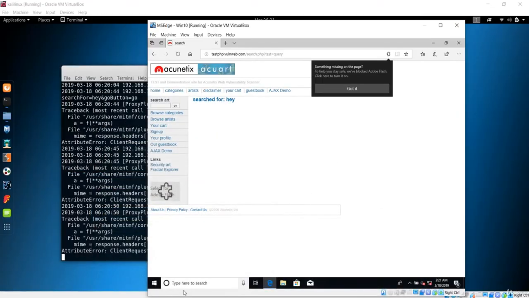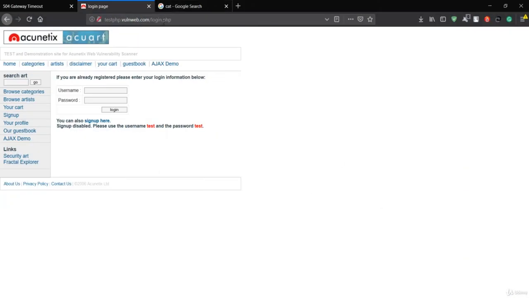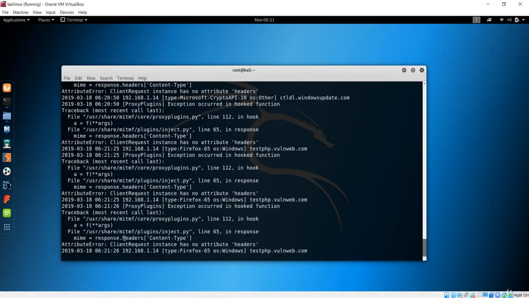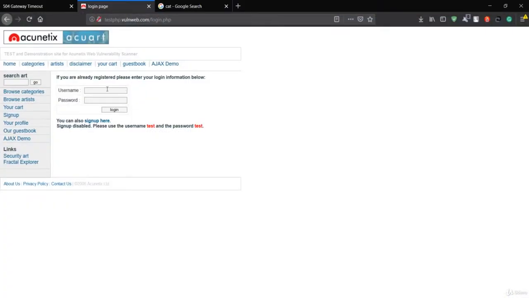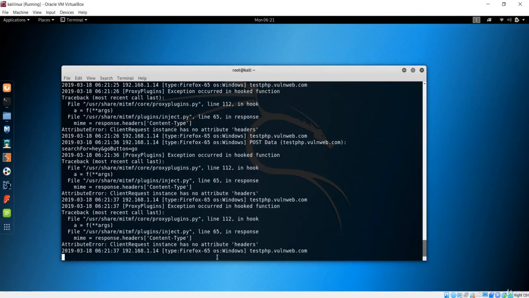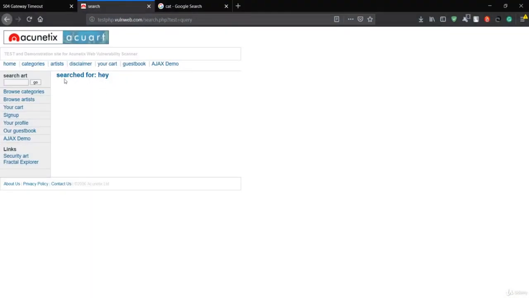Let's go back here, and now what I need to do is launch this again. We are back to the Firefox original over here. Now if I say hey, it should capture that keylogger, and now okay, it has not captured. So there might be something. Let's go to your profile,